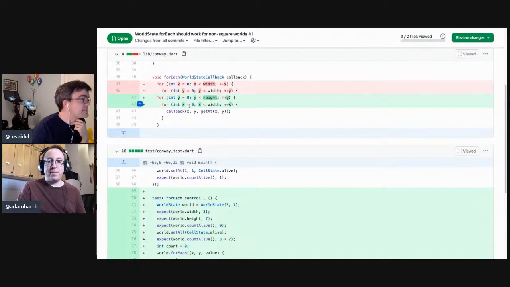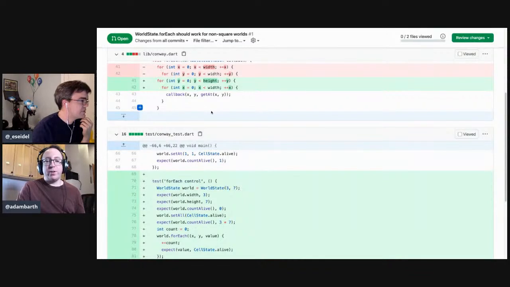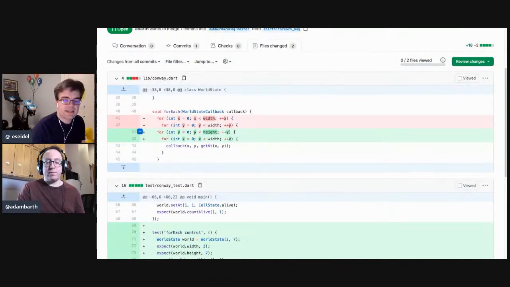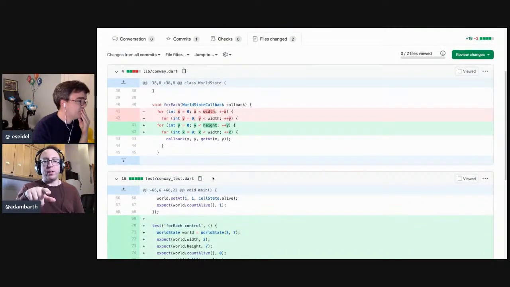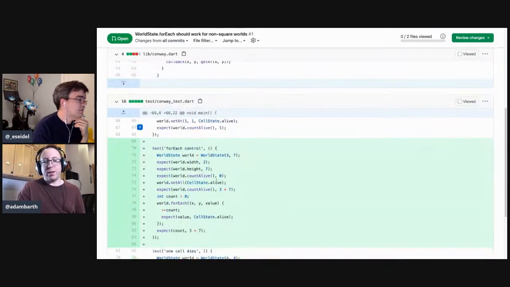Well, whoa. I see. You're also flipping the traversal order. You're going column first. Yeah, we're sort of inconsistent in the class about whether we do things line by line or column by column. It's probably something we want to clean up. That's sort of a performance optimization pass, because right now we have just a single buffer and then we index in it with some pointer math, well, index math, I guess. For this particular function, it's observable to the client because we'll call the callback in a different order. Anyway, it's just something we might want to think about as we look through the class.